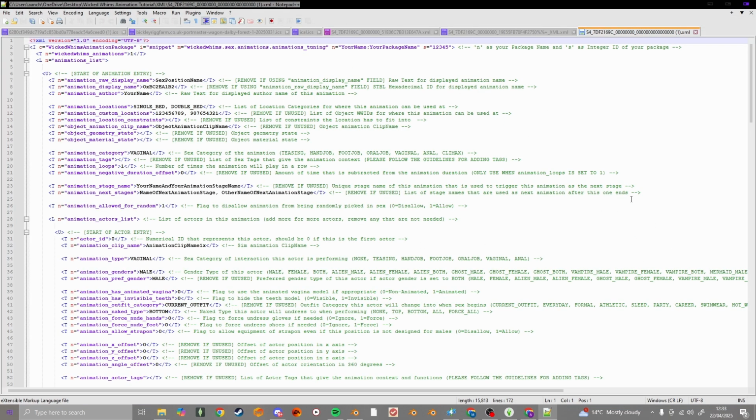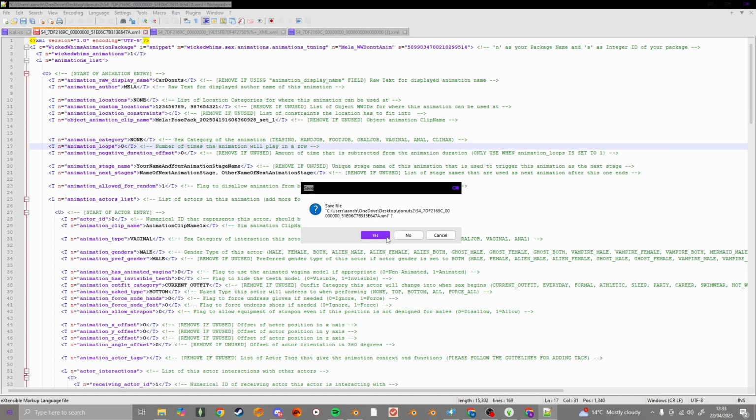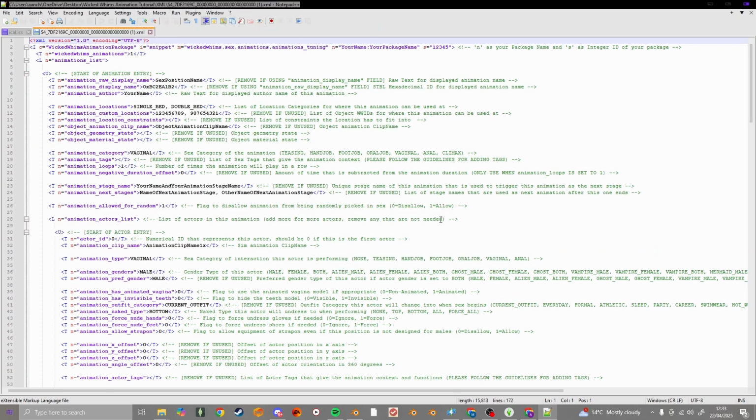So now we are in the Wicked Whims tuning files, and this is where we put all the animation information in order to create the final package file. Now I know this looks very confusing, very overwhelming. I just need you to take a deep breath and we're going to go through this. Just ignore all of that. So first things first,